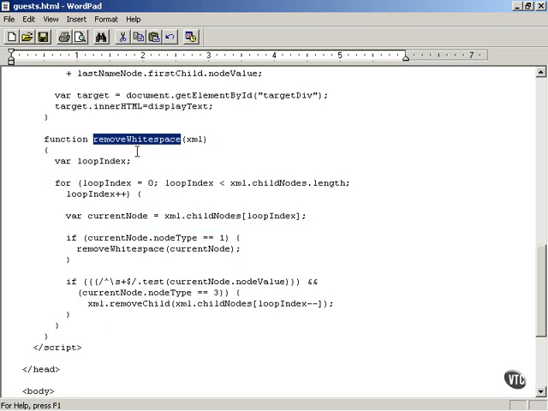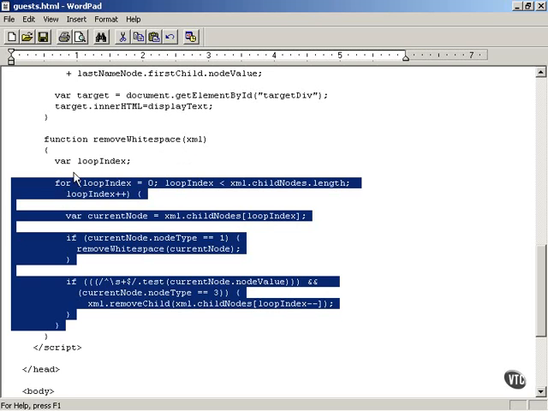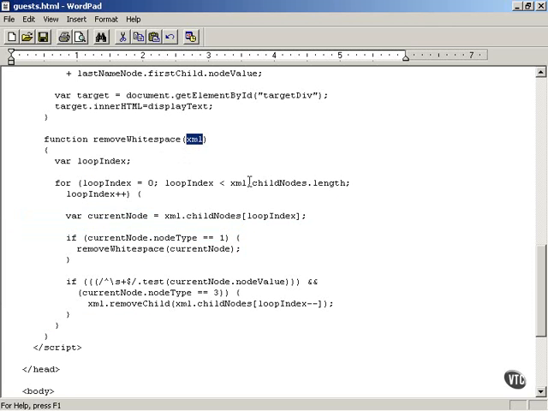In Firefox and Mozilla, the way this works is you pass it the XML document you download. This is a JavaScript XML document object. It is the same object you recover from the XML HTTP request object's responseXML property. So you just pass it the XML HTTP request object's responseXML property, and that's the XML document in JavaScript object form. What we're going to do is loop over all the child nodes inside the XML document, and you do that by saying